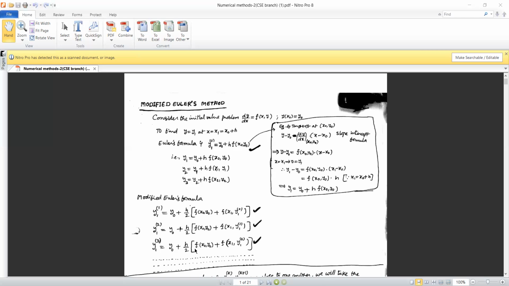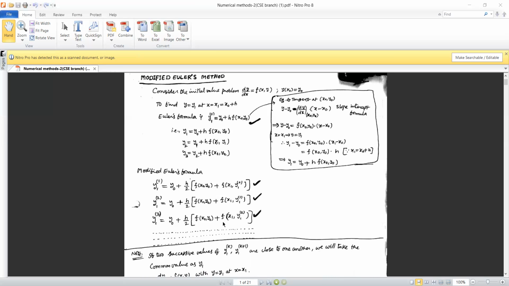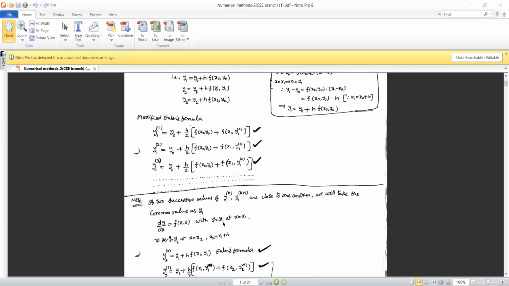And this formula we keep repeating one time, two times, three times, until two consecutive values of the iterations are equal up to certain decimal places. This gives the accuracy of the solution. When we keep using the formula again and again with the new values which we get in the previous step, we make our solutions accurate. So in this Euler's modified method, we have to see these two formulas: number one, the predictor formula, and number two, the correction formula. Now let us move towards one problem.